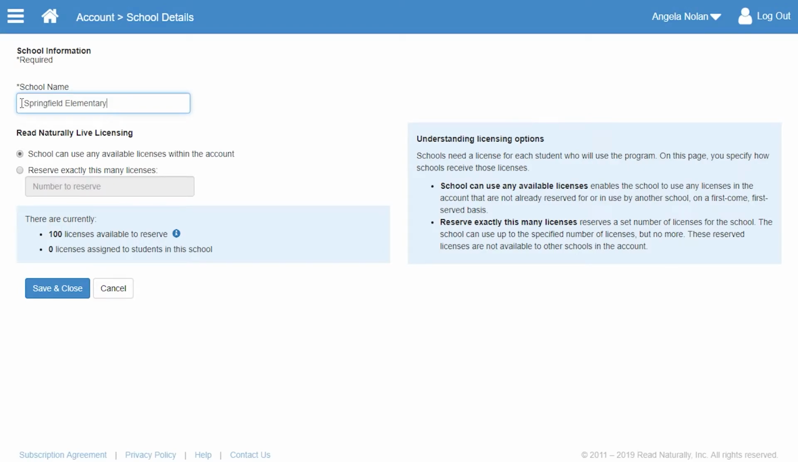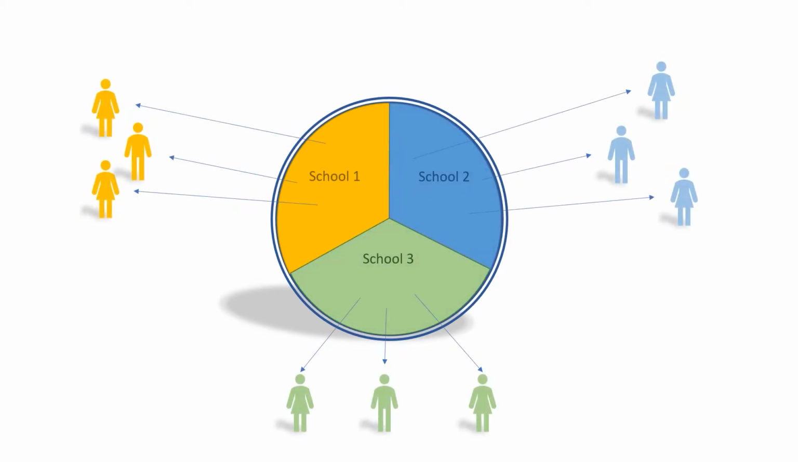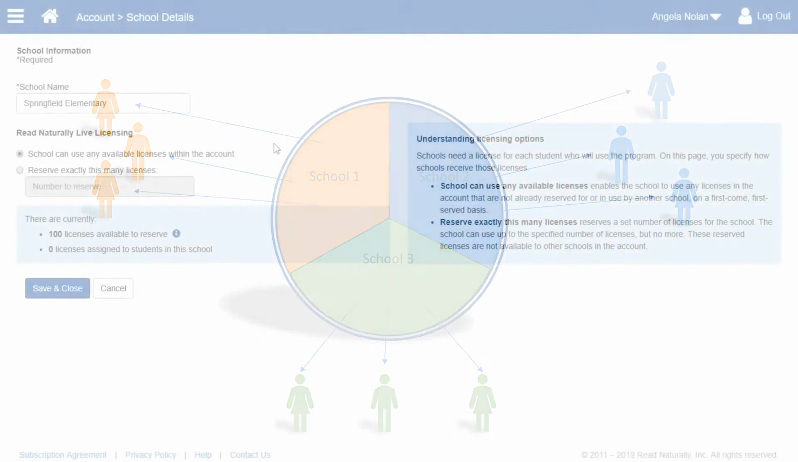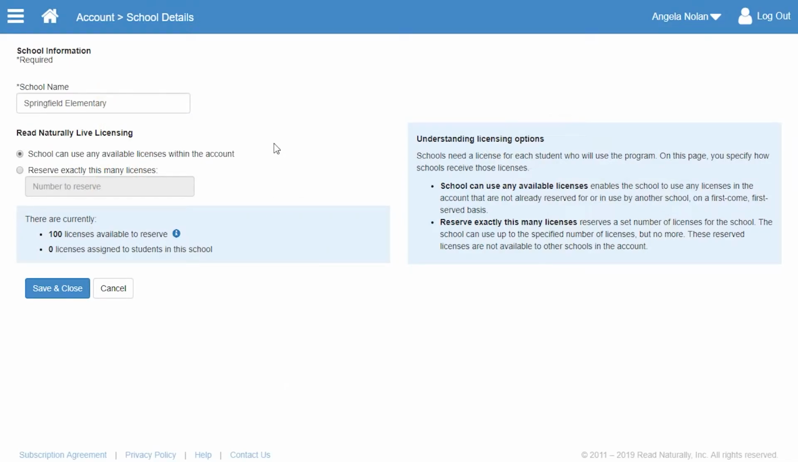The other option is to reserve a specific number of licenses for students at each school. Reserving licenses makes sense for accounts like Angela's that have multiple schools. Reserving licenses prevents one school from assigning all the licenses to their students so that none are available for other schools. Angela's district is reserving licenses for students at each school, so she must specify how many licenses students at